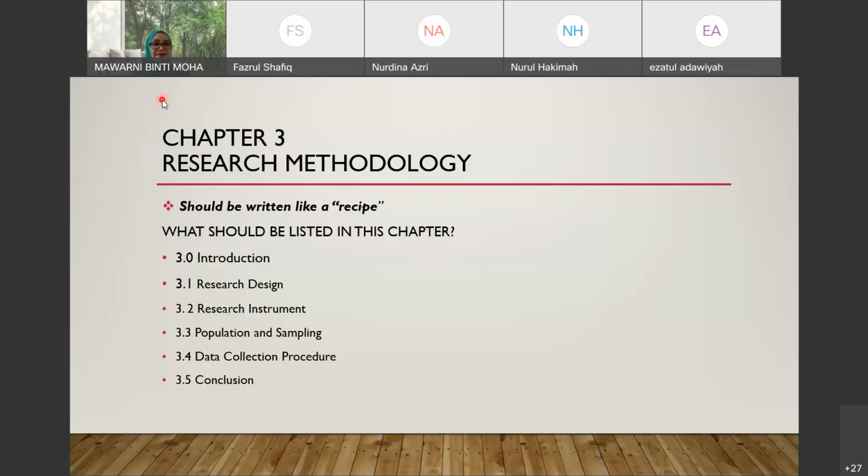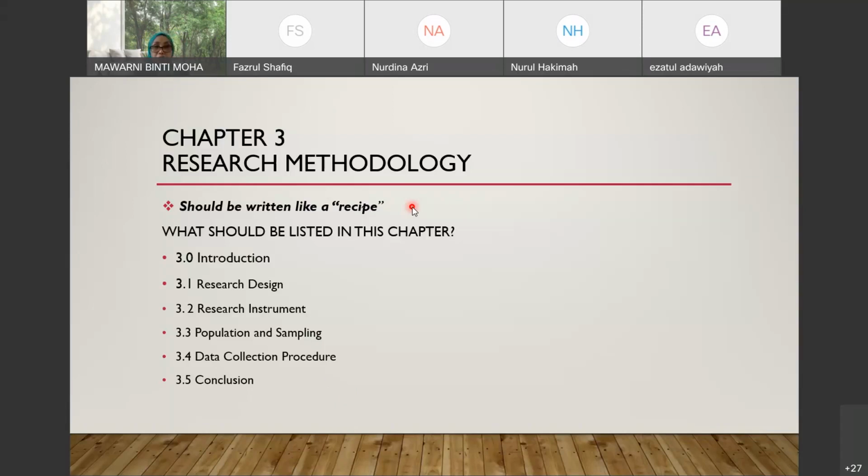So I put there, research methodology is like writing a recipe. It should be written like a recipe. Why a recipe? You want to bake a cake, you've got to follow the process one by one. What comes first, what comes next. And the ingredients must be accurate. You can't just simply leave out any aspects because it will not work. It's the same. So if you follow that, you don't want to leave any important aspects in your research methodology. In other words, you don't make assumptions. You don't leave out details. Okay?